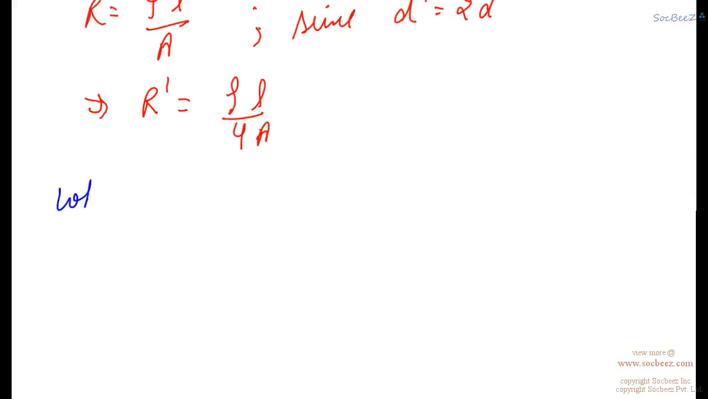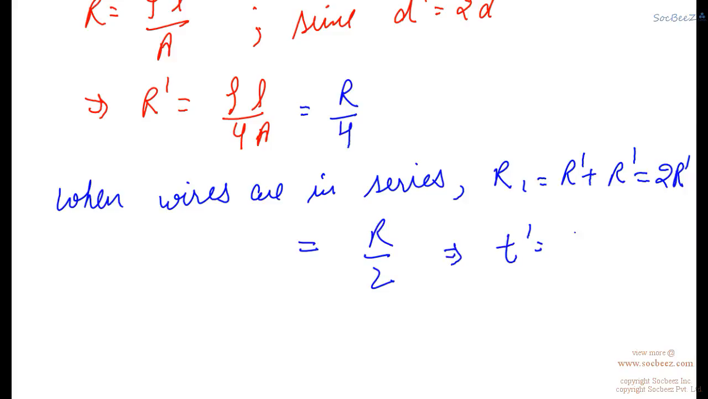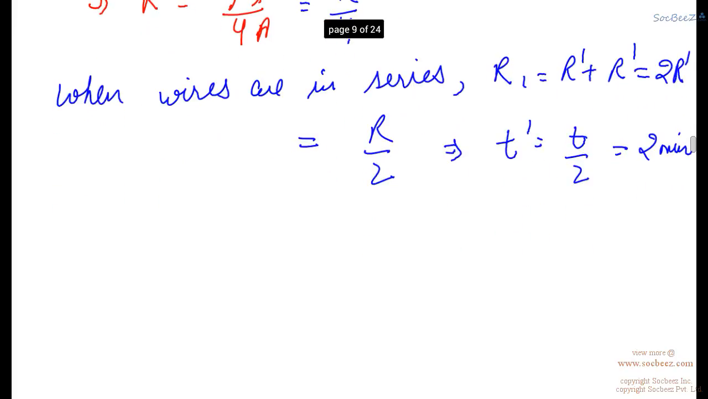Okay, so now when wires are in series, R1 equals R dash plus R dash. This gives us 2R dash, which is R upon 2, well, R dash equals R upon 4. So this is equal to R upon 2. Which gives us T dash equals T upon 2 equals 2 minutes, because T is directly proportional to the